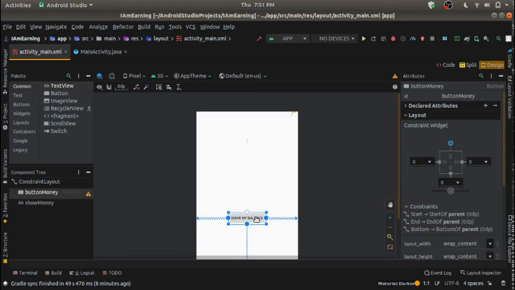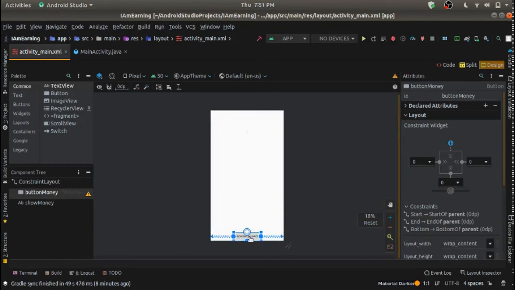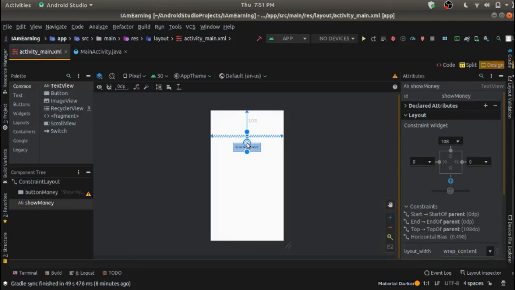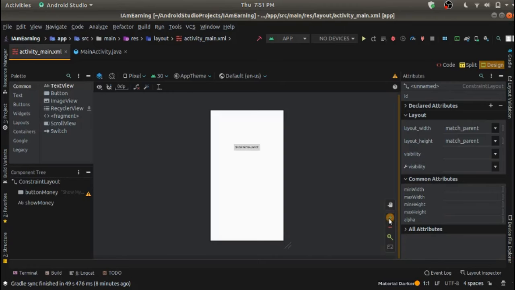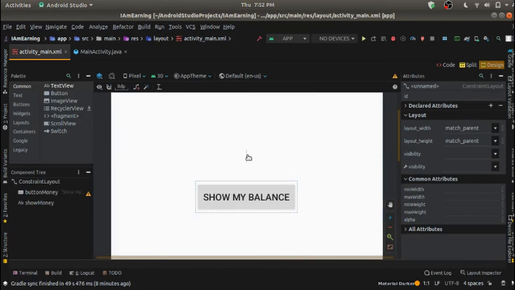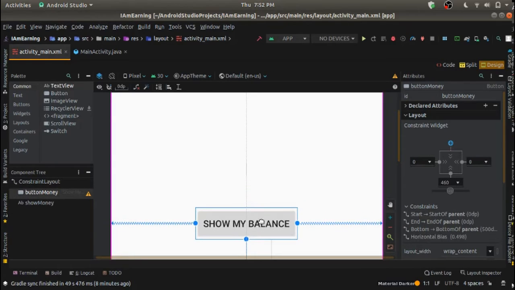I'll just remove this constraint. And I'll just get it constrained over right there. As you can see, I just have a blank text over here and a button on which if you click, you will get your amount over here.